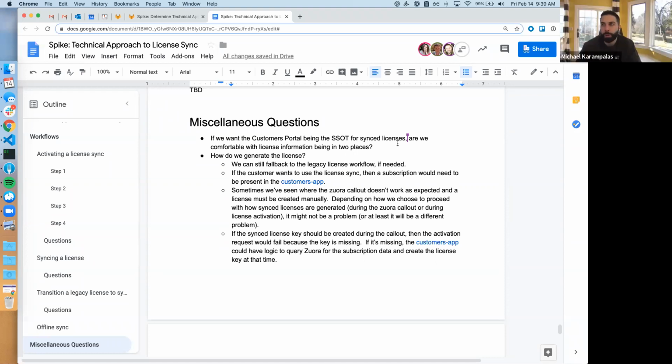I think a question actually should be, well, I'm going to answer your question with a question. Do we want the customer's portal to be the single source of truth? To me, it seems like the end goal would be to have everything in the customer's portal, because separating them has caused headaches, and there's not a whole lot gained from having them separate, at least from my vantage point. There might be business reasons to have them separate, but